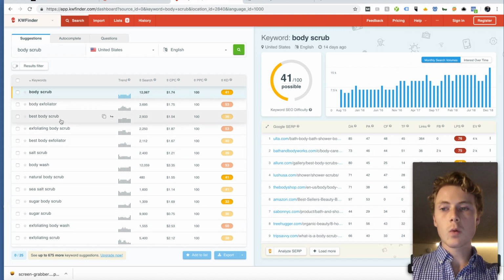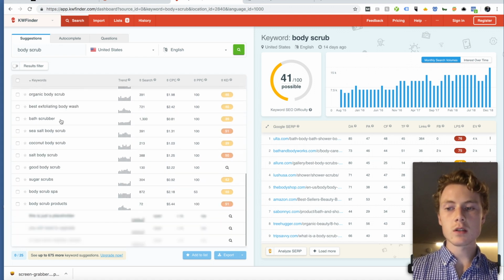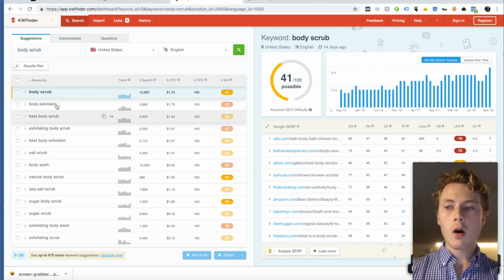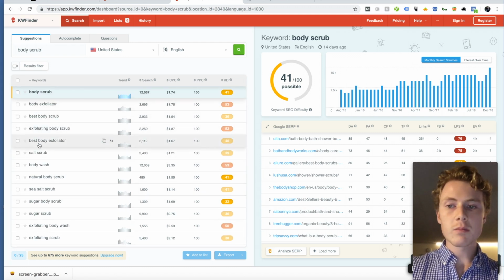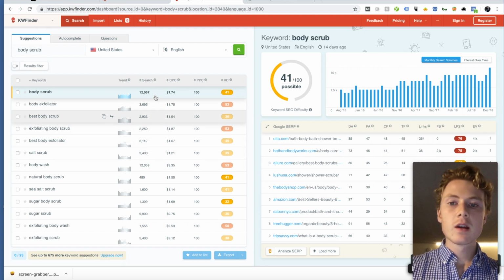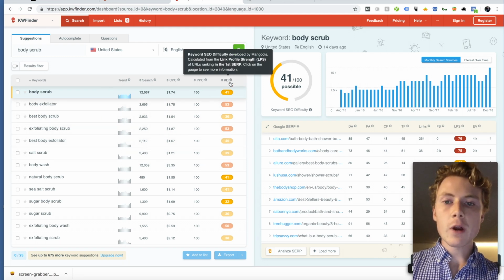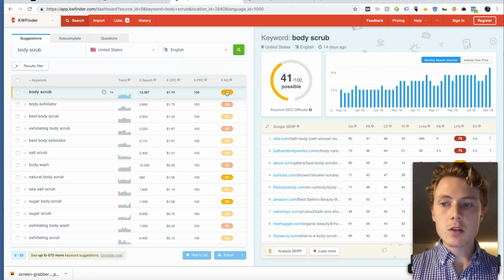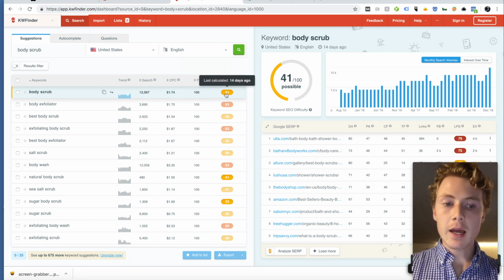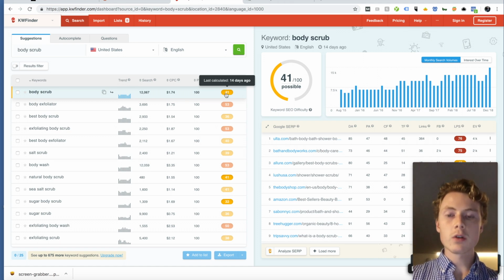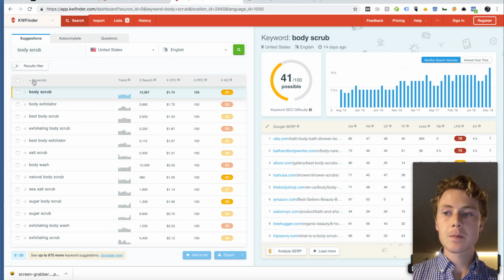So we're only seeing 50 because this is the free version of it, but here you'll have all different variations of body scrub, body exfoliator. You'll also have the difficulty for ranking in the search engines. So 41 is actually not bad. Typically, when you're looking at the most high volume keywords, you're going to be seeing 70 out of 100 as the difficulty. Now we would click here, export,